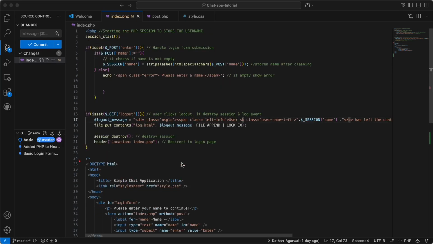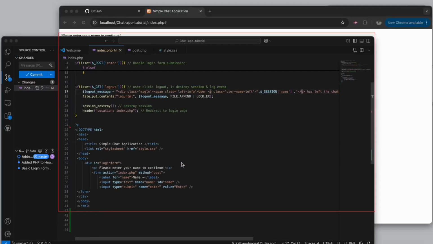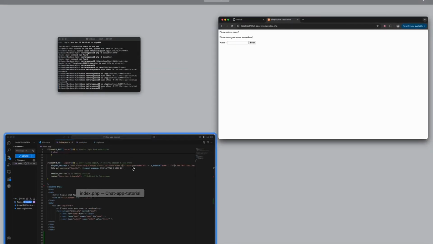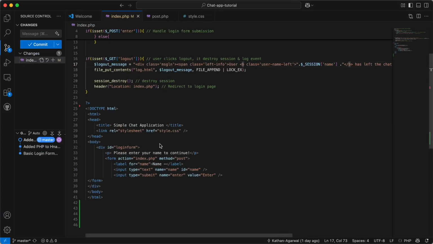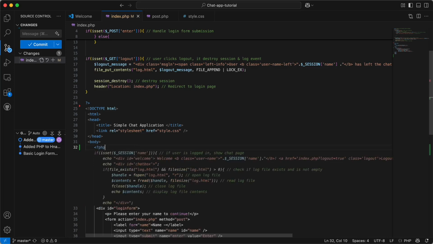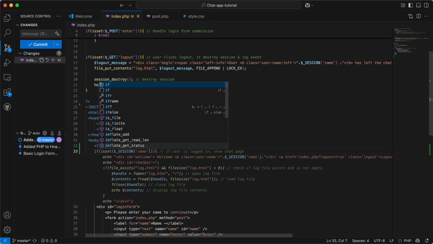As we worked yesterday till here, which was part 2, let's check out what exactly the stage is. So we are here and it asks please enter the name right now. Okay, so we will be editing something here to proceed further, and we'll be opening a PHP tab here, and we'll be giving a command if